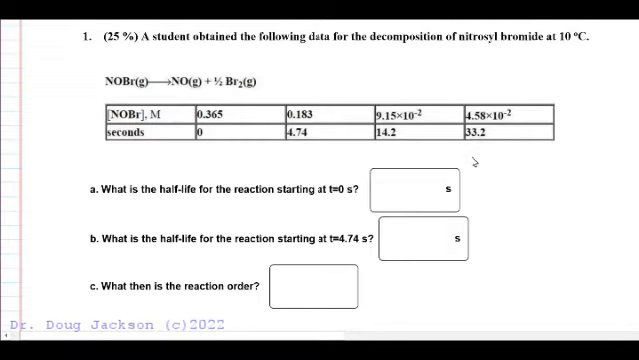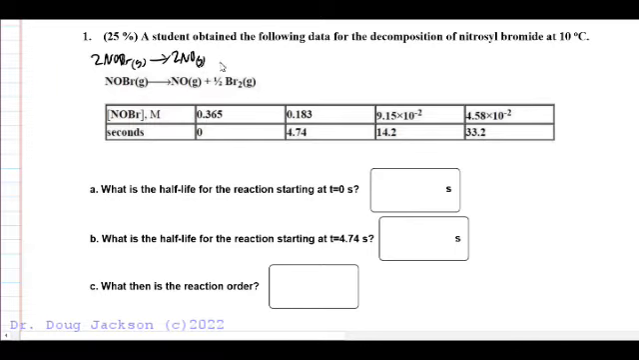A student obtained the following data for the decomposition of nitrosyl bromide at 10 degrees Celsius. So we've got an equation here, not in the typical form we normally see it. We've got that half bromine. So if we multiplied by 2, we could get whole number integers for the coefficients, put it in a form